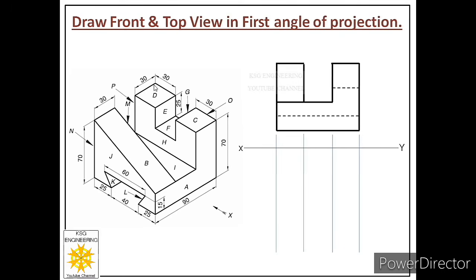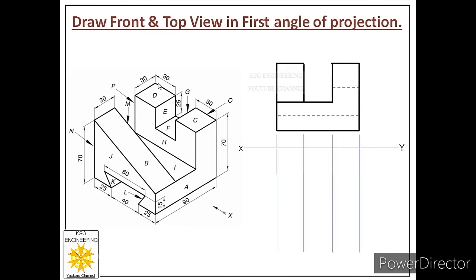Now locate this point in the front view to select the correct projector coming from the front view. In order to locate this point in the front view, let us move towards the front view from that point. Where is front? Front is this side. So from that point, move towards front. That point is exactly lying behind this point. It means this point is over here. It means we have to select this projector.